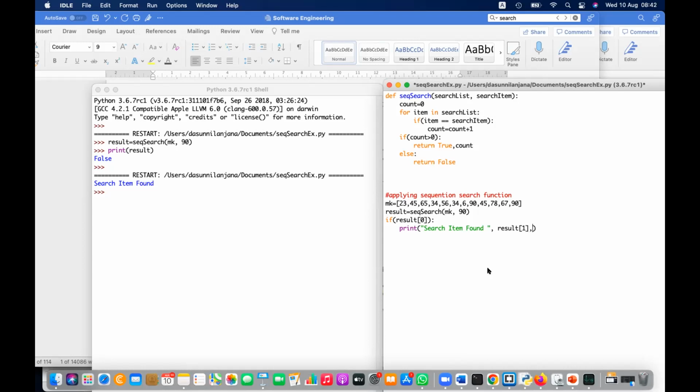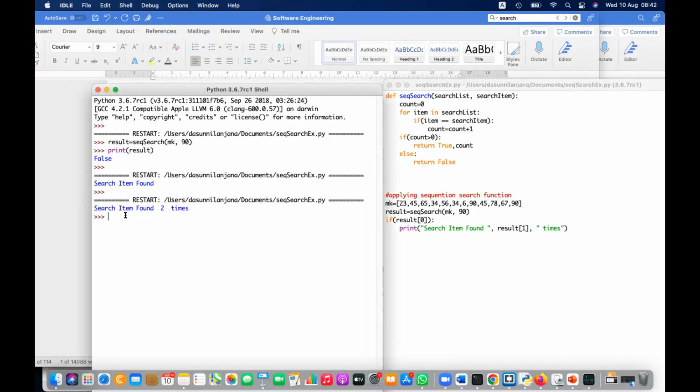1 times. So let's run this again, and now we can see it's returning search item found 2 times. Why? 90 is there 2 times. So it's returning true and count both. So this can be done. How many times the item is there? How many times we can